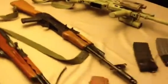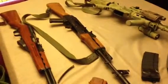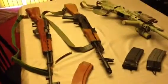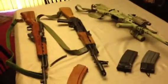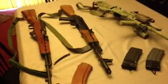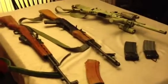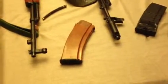Next thing I want to talk about is the Romanian Wasr-2 and the 5.45x39. I bought this, I think I was a junior or senior in high school when I got it. It was my first military grade firearm other than an SKS. I got it roughly around $400 at the time. I think they've gone up a little bit in price. They're great rifles. The 5.45 caliber is a very inexpensive rifle round, but truthfully, I kind of wish I would have got the 30 caliber because the 30 caliber magazines are a lot easier to come by. This 5.45 magazine with the Bakelite, the actual standard military issue, I believe this is probably an East